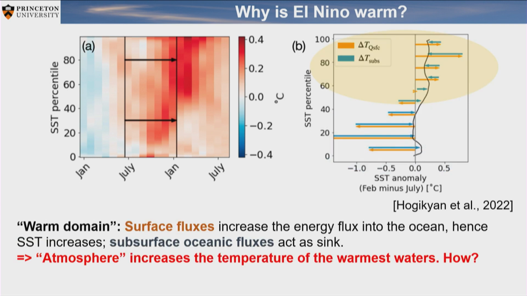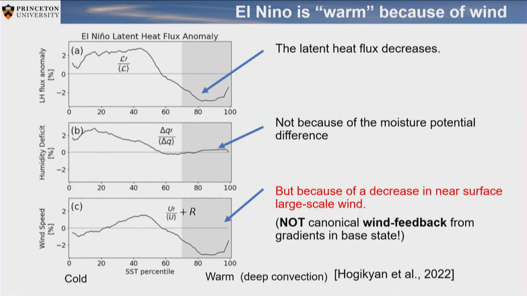It's a different story when we look at the warm end, where we have warming, but now the atmospheric arrow is actually positive. So that means at the warmest end, the atmosphere pumps energy into the ocean. It's not that the ocean is warming up because you bring in warm water and then you lose that heat. You can't bring warm water to the warmest region that you already have. All right? So there's got to be a different process, and obviously it is the atmosphere. So one might think it's shortwave radiation or something like that. It's actually not. It turns out that the dominant process is the latent heat flux change.